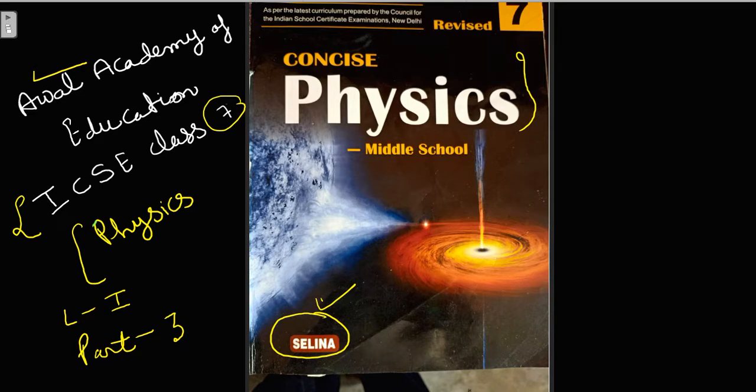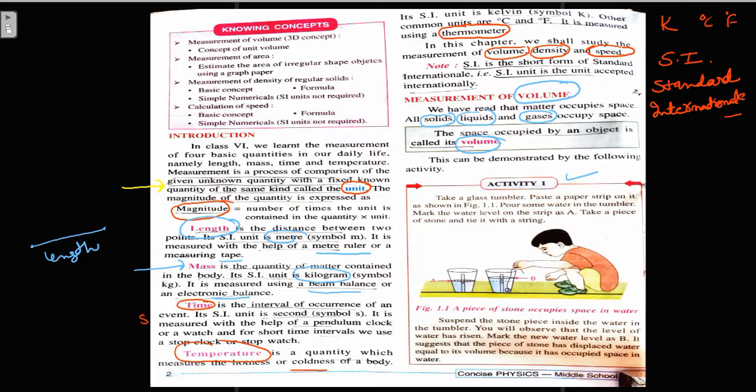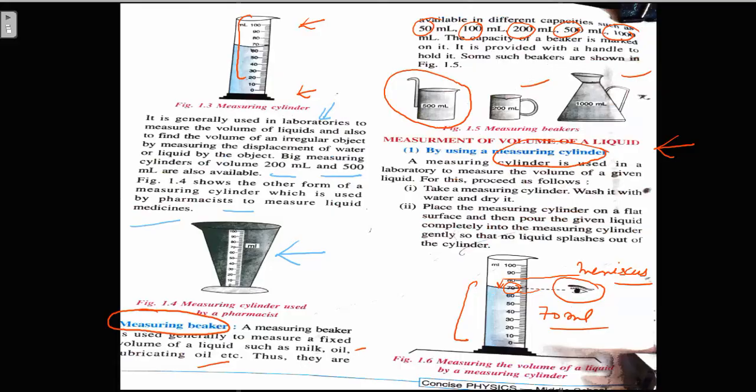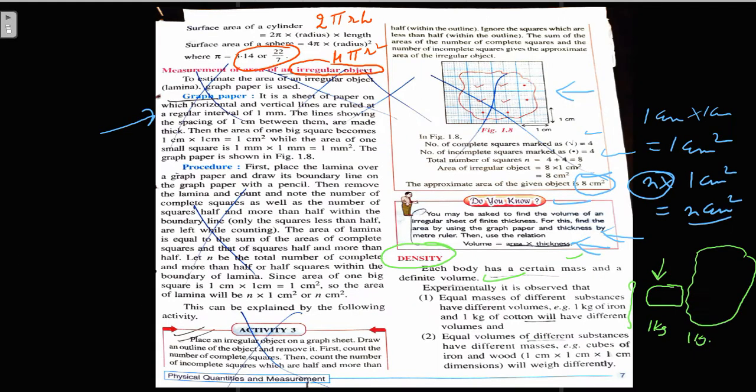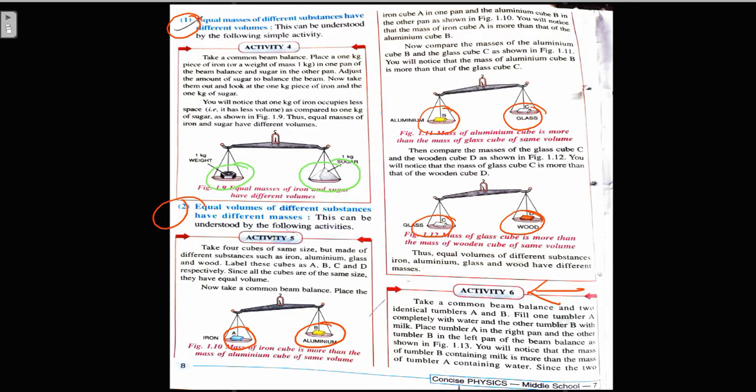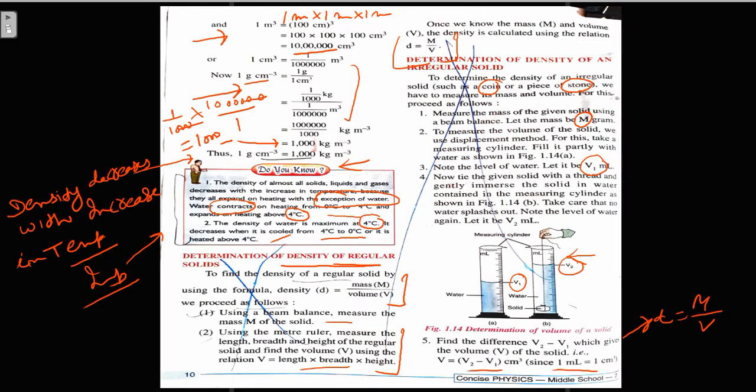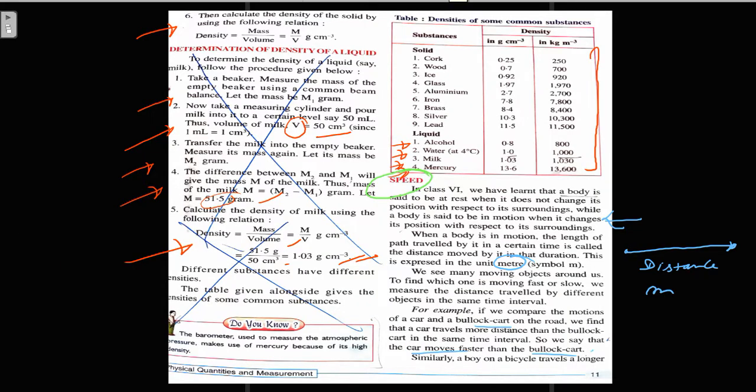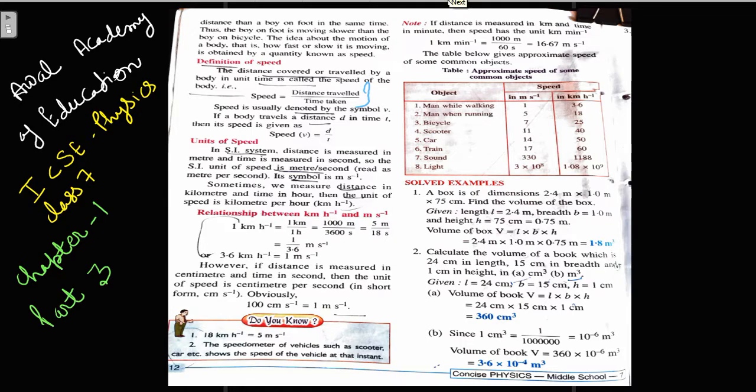Up to here you have seen two videos. Now we are going to conclude this chapter in this third part of our series. These have all been done by you in the earlier two videos. So I am up to here. We have done it. Now I am going to start the solved examples given in your book.